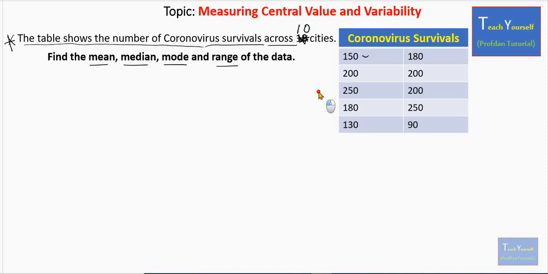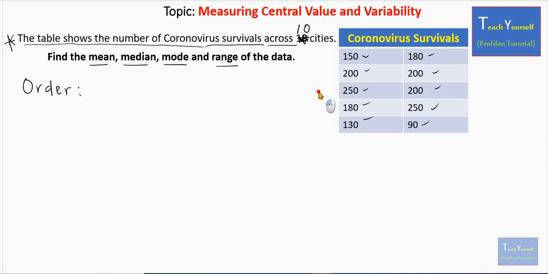Okay, so we have 1, 2, 3, 4, 5, 6, 7, 8, 9, 10 across 10 cities. Then we are asked to find the mean, the median, the mode, and the range for these data of coronavirus survivors. The very first thing I will advise you to do is to order your data, that is from the